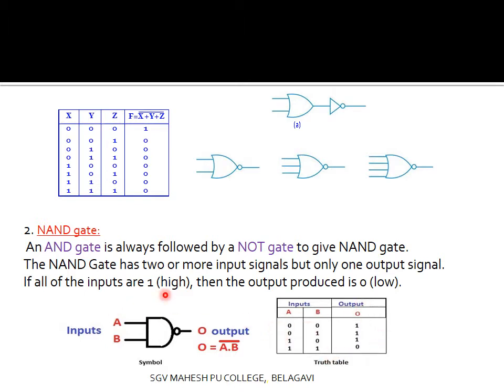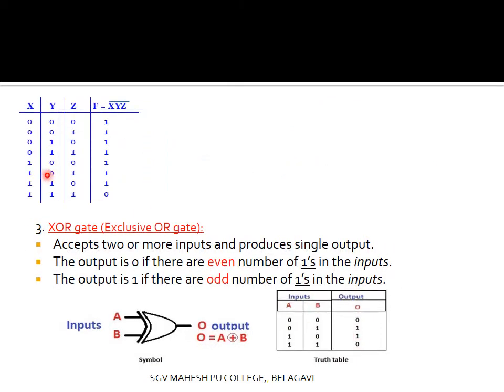If all the inputs are high, then the output produced is 0. Now if you look at the inputs, 0 multiplied by 0 because it's an AND gate, but the output we are getting is 1. It's because it's the complement of an AND gate. So when we get 0, the opposite of 0 is 1. The same logic is applied for the other values. This truth table is again for three variables. That was about